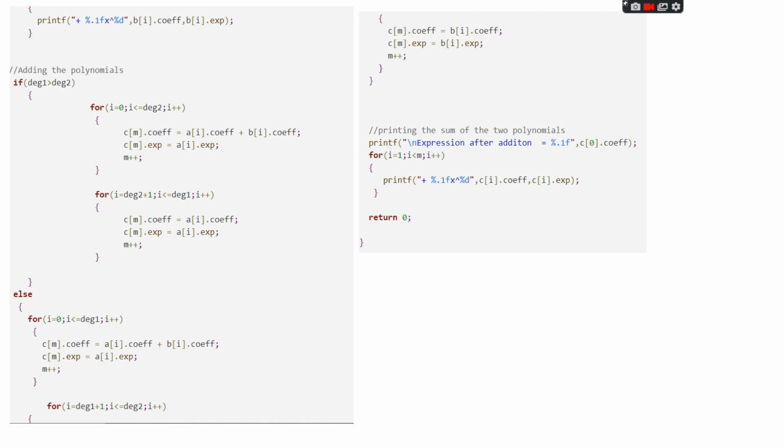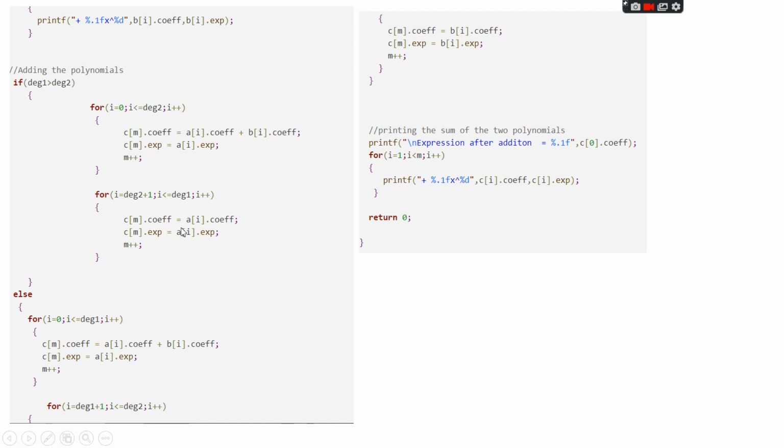As long as we include all the elements that are remaining, we will keep adding them to the C array. From the first loop we have already added up the common elements, and from the second loop we will be adding all the elements that were left off. As long as the elements of degree 1 are still remaining and not added to the C array, which is the new array, we will keep repeating the loop.